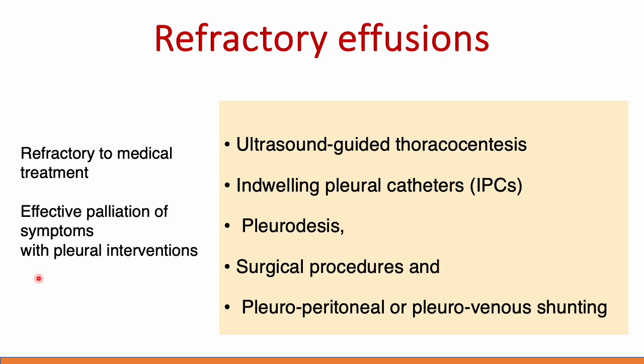The second option is to have an indwelling pleural catheter, which again, based on patient symptomatology, can be drained, and the patient or his family can drain some fluid till he gets symptomatic relief. The third is to perform chemical pleurodesis, and chemical pleurodesis is mostly performed in non-malignant settings and otherwise